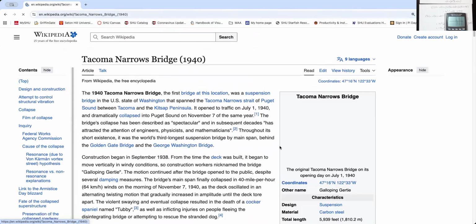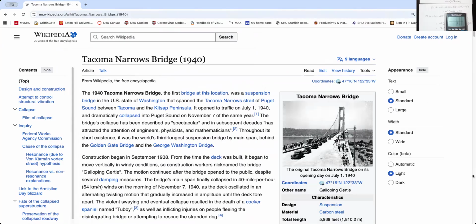The first bridge that they built, 1940. There's the picture right there. They built it over the Tacoma Narrows. The Narrows is a gorge where the river runs, the Tacoma River. And then they started building it. They finished. It's a suspension bridge. You see the cables? And then